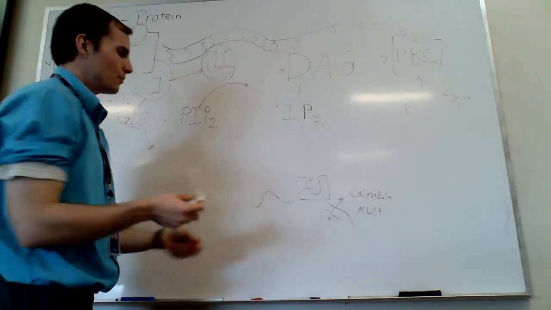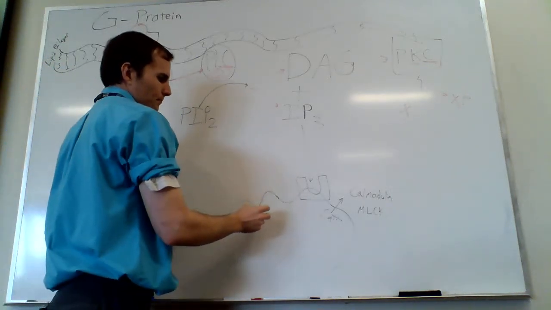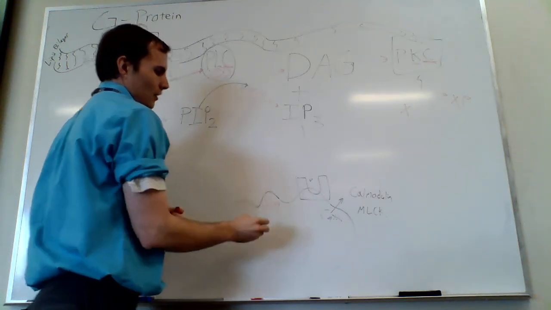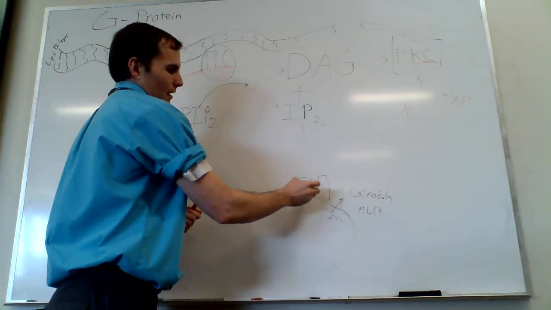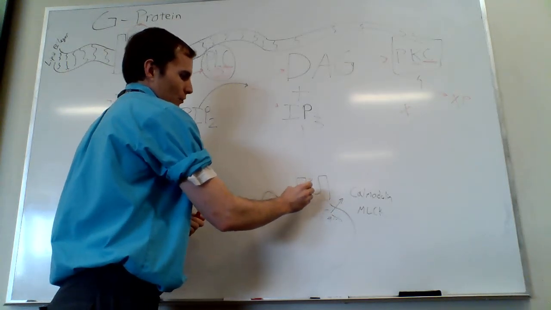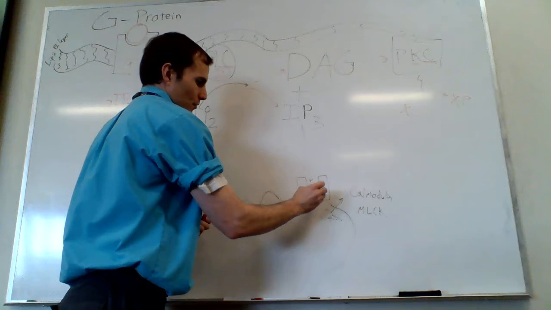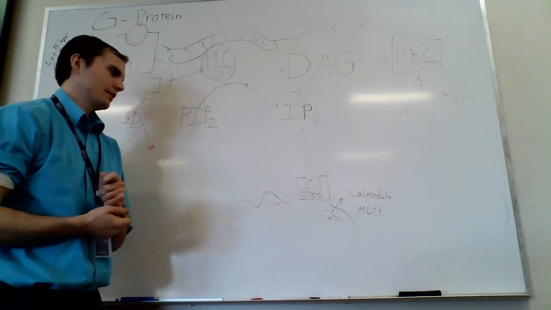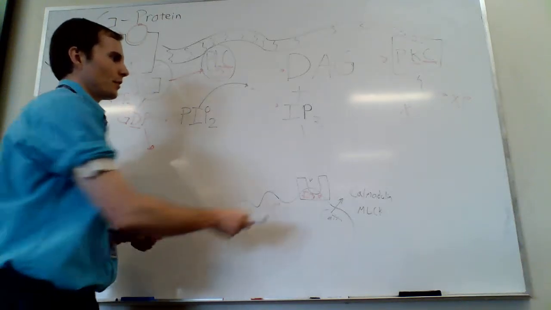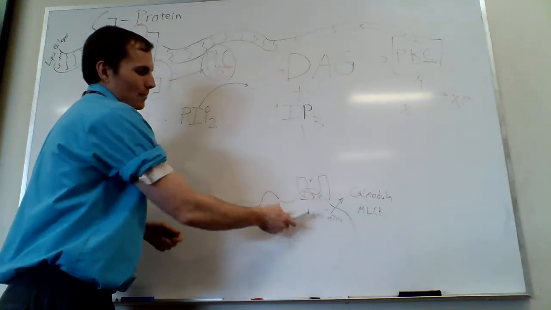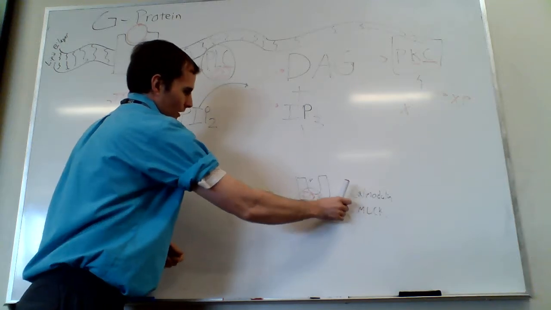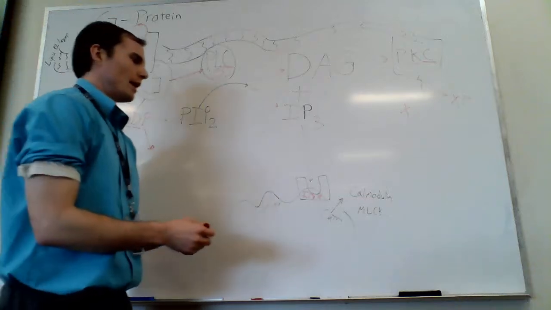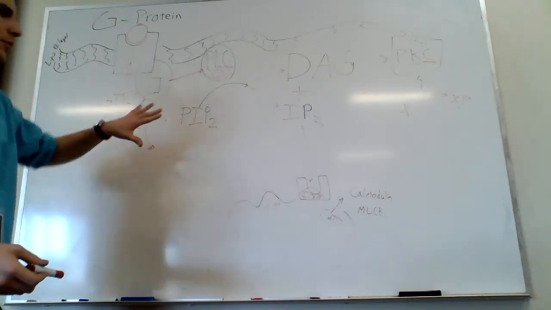IP3 goes down to the sarcoplasmic reticulum, and I'll go ahead and put SR right here, and it binds to a conveniently named receptor called IP3 receptor, and I remember that one because it's so nice, and it has the same name. Go figure. All right, so as soon as that binds, then what is stored in the sarcoplasmic reticulum? Calcium. So calcium comes out, and we're talking about smooth muscle as the example here, and so in this case,